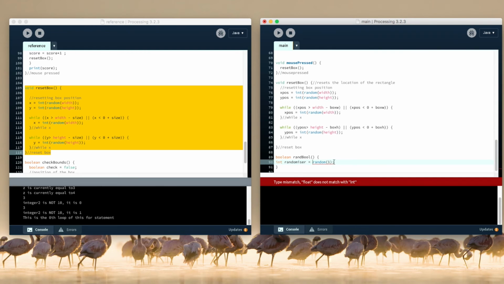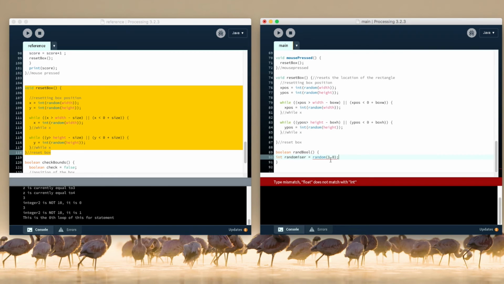Mr. Float does not match with type int. Point O. Right, okay, yes. Float. If